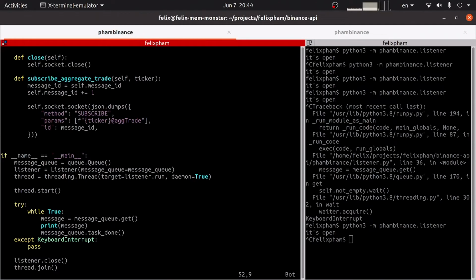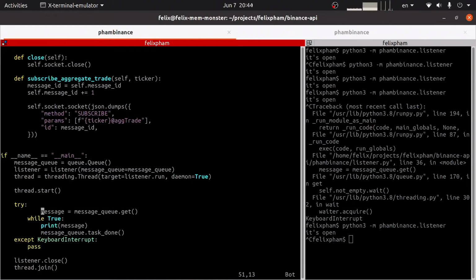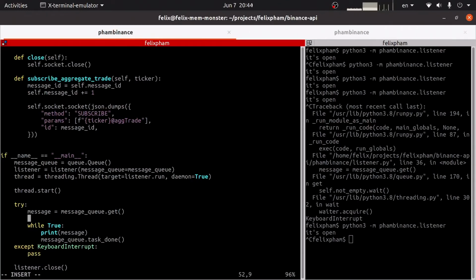And our connection doesn't open instantaneously when we start the thread. We saw that on the right side when the open message took some time to actually arrive. So assuming that we definitely managed to open the connection, we can say, okay, the first message that we get will be our open message. And once we got that message, we can say, okay, now listener